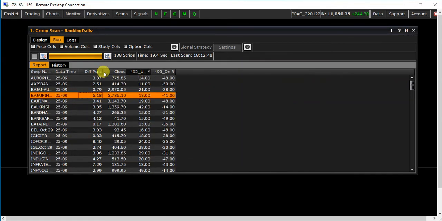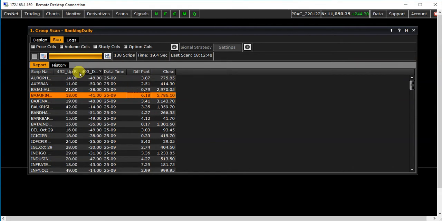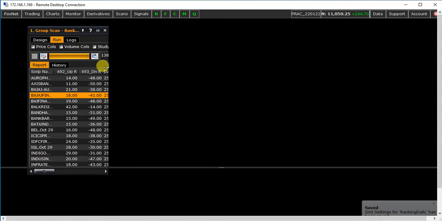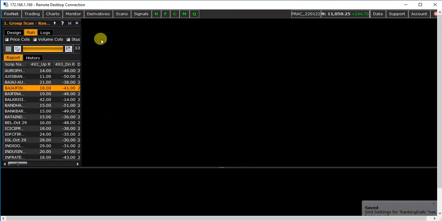Now just move the columns as you want and then click on save grid button to save the column setting. After that just resize the scanner and put it on the screen where you want to adjust or place that scanner.